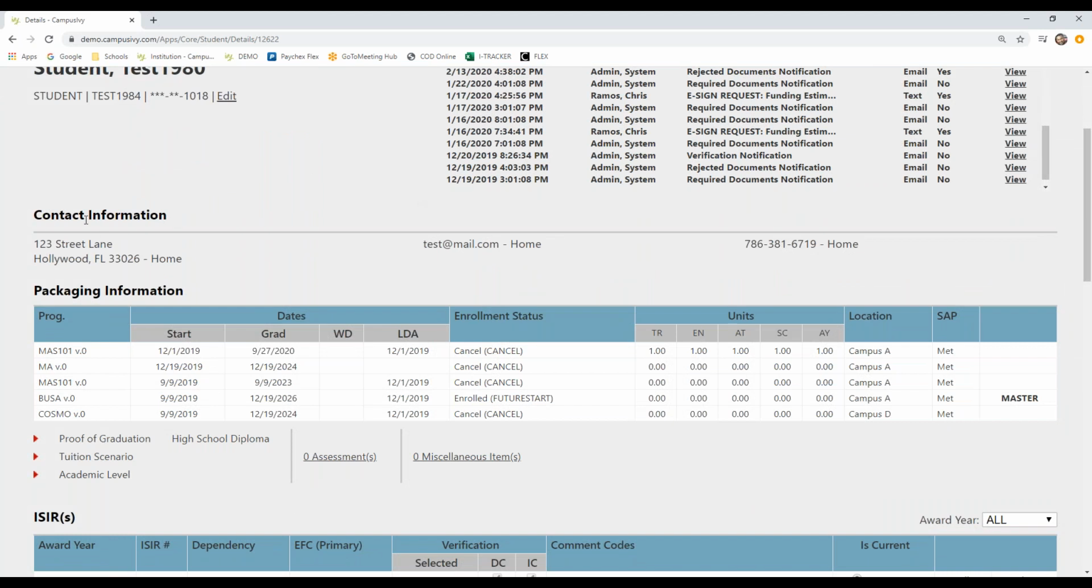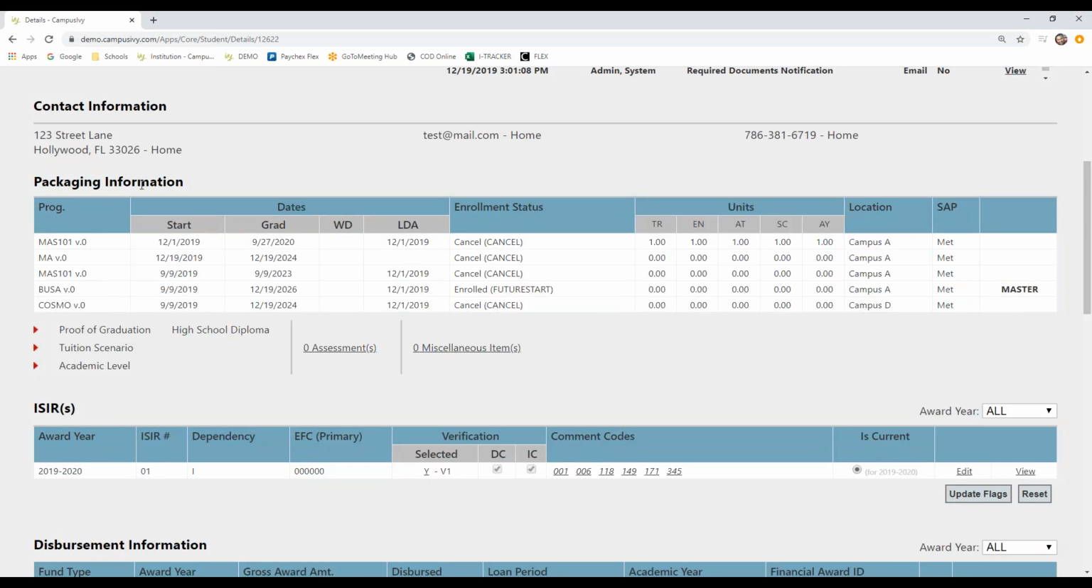After the notifications, you see here contact information. So it would have the student's contact information as far as their mailing or home address, their email address, and their home or cell phone number here. Next, you see the packaging information. So for packaging, we'll start with programs. So here it shows that this student has had about 5 programs,